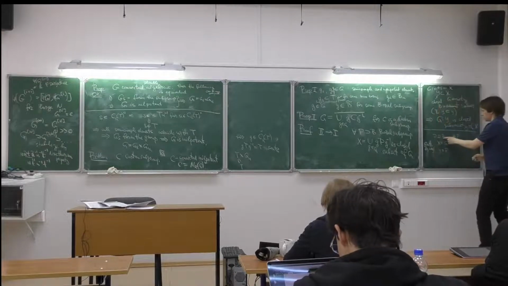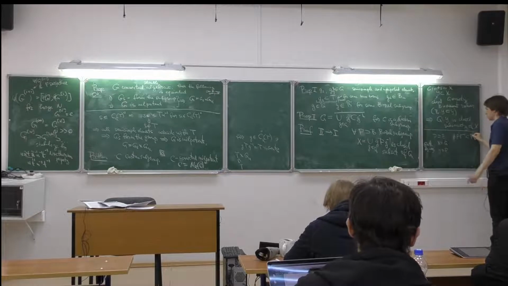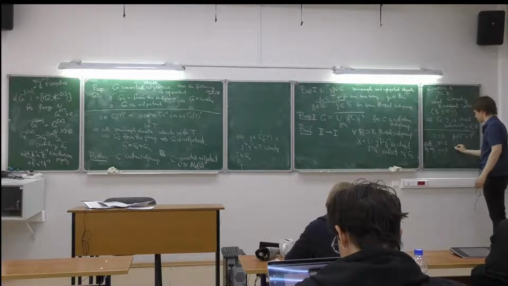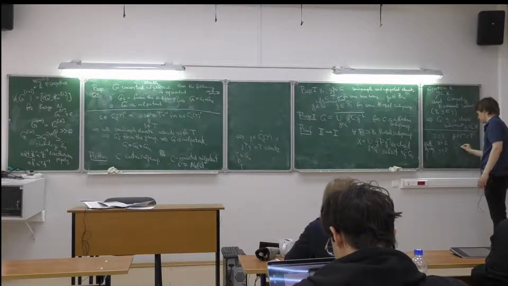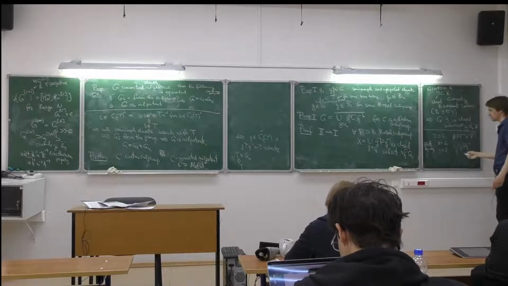So if P contains B, then of course it sits inside B, so this condition is satisfied. So you take the union of all G-conjugates of P, and this is closed. Yeah?